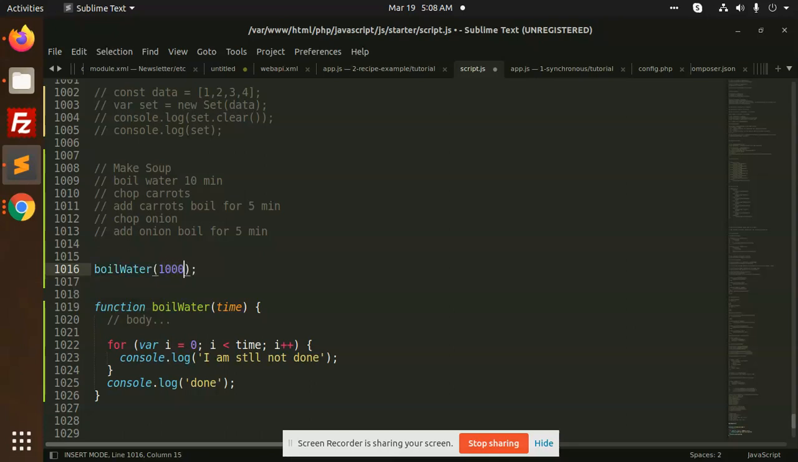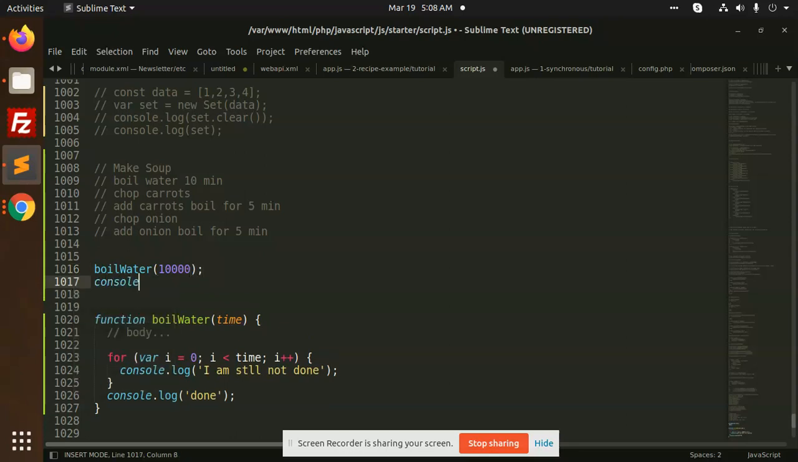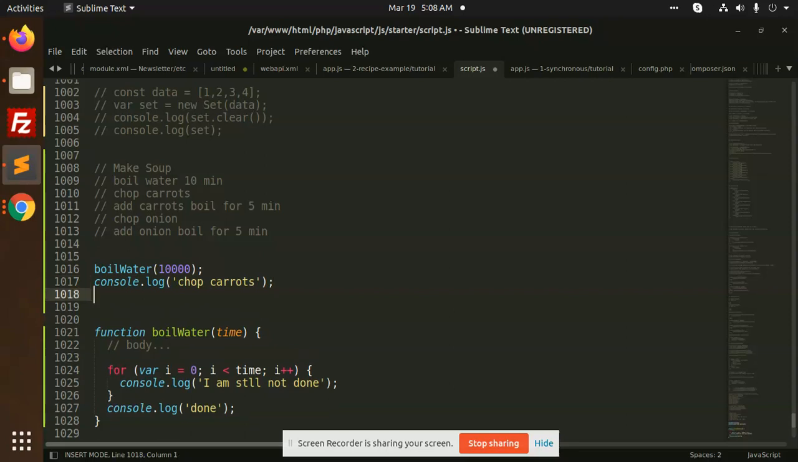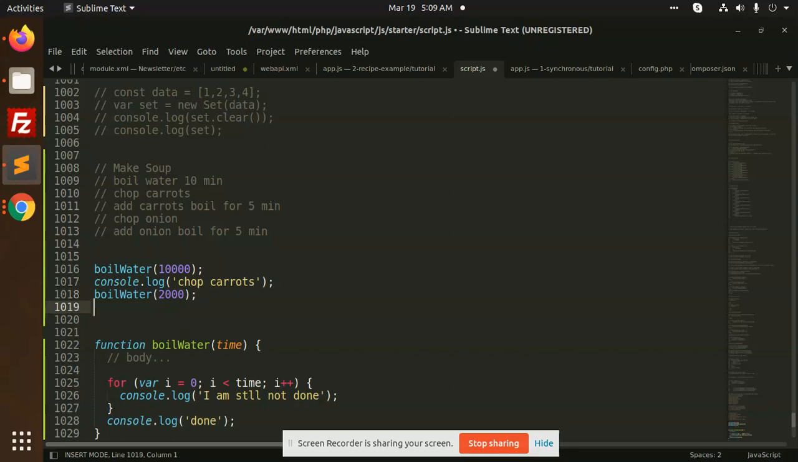We will pass 10. Okay, we will console.log drop carrots, right? Next we have add carrots in boil water. So we will take the sequence again. We will take chop onion,